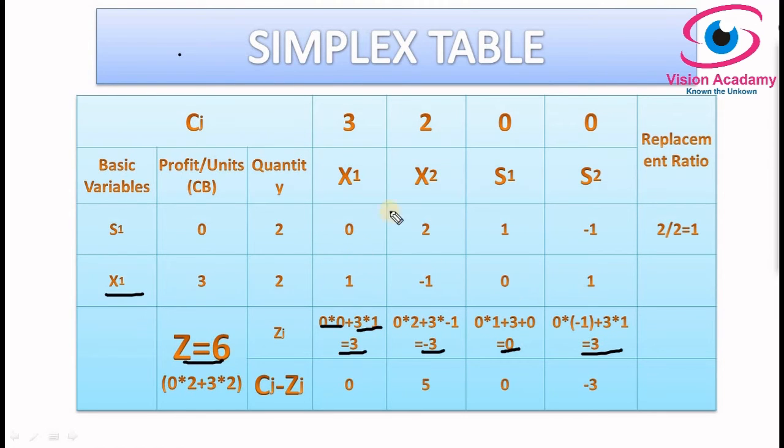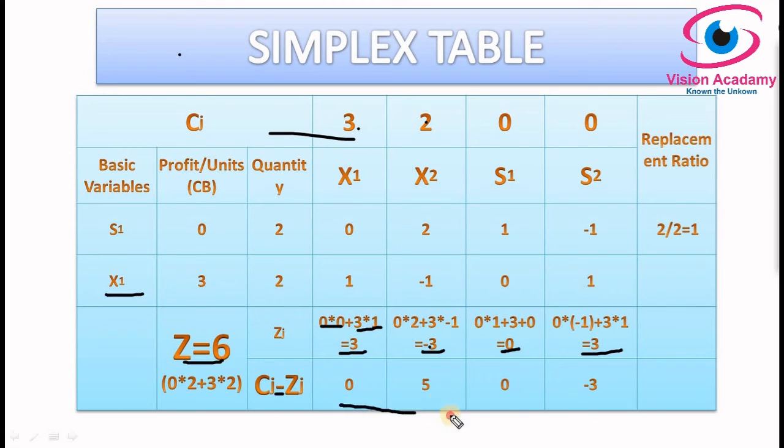So now we can find out cj minus zj. Since we have cj values here and we found zj values also here, cj is 3 minus 3 is 0, 3 minus 3 is 0, and 2 minus 3, minus. In the formula itself we have minus, and the value is minus, so minus into minus is plus. The cj minus zj of the second row column is 5, and 0 minus 0 is 0, 0 minus 3 is minus 3. In this way we obtained the cj minus zj values.